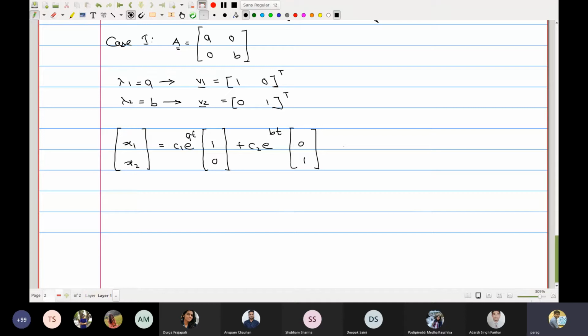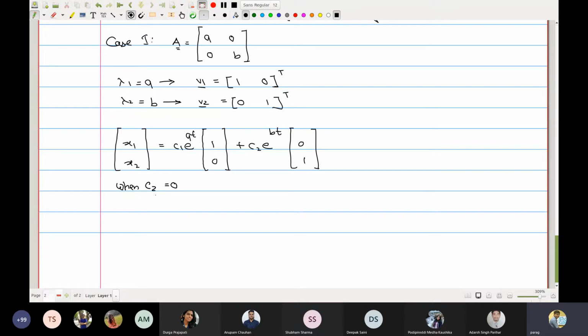Now I want to know the behavior, or I want to draw the phase portrait of this particular system. Okay, so I need to develop the phase portrait. Before I develop the phase portrait, let me make an observation. C1 and C2 are multiplicative constants. So when